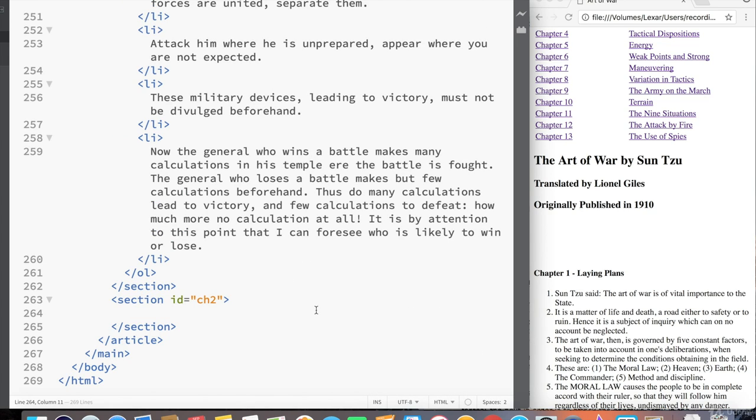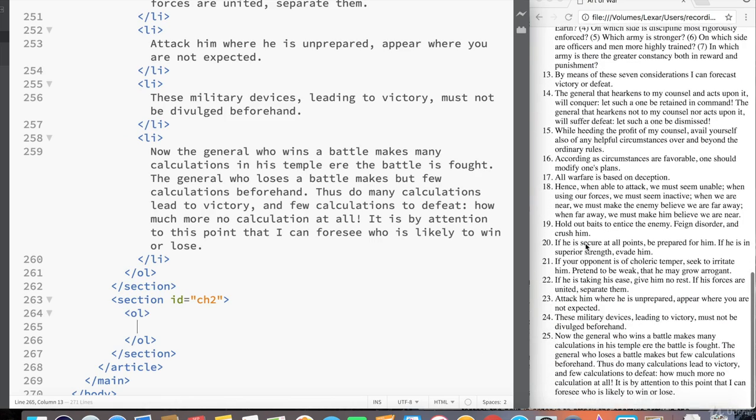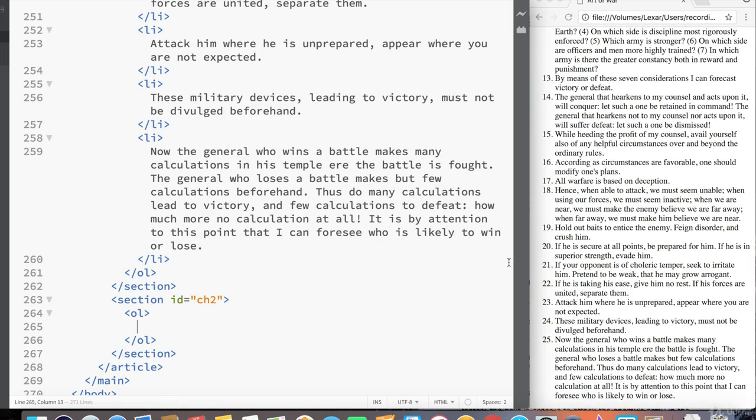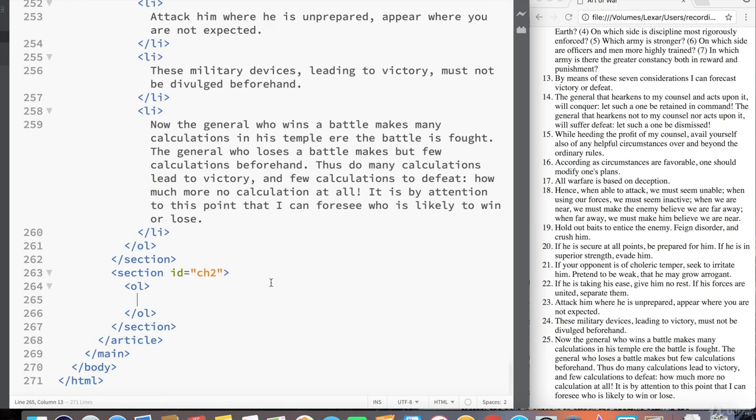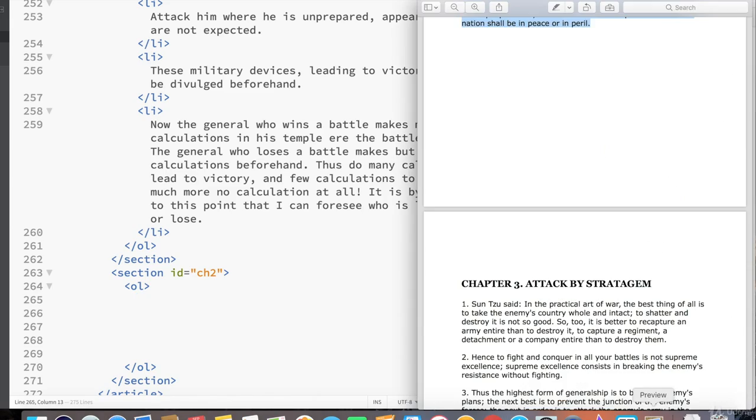Now, you might have come across that when you are pasting each line item, it gets a little bit tedious from the PDF over to the HTML document. So I want to show you a little bit of a shortcut that you can use using multi-cursor functionality in order to make the best of copy and pasting. So I'm going to add some spaces here, 1, 2, 3, 4, 5. I'm going to add 5 spaces here, and then I'm going to go to the PDF of the Art of